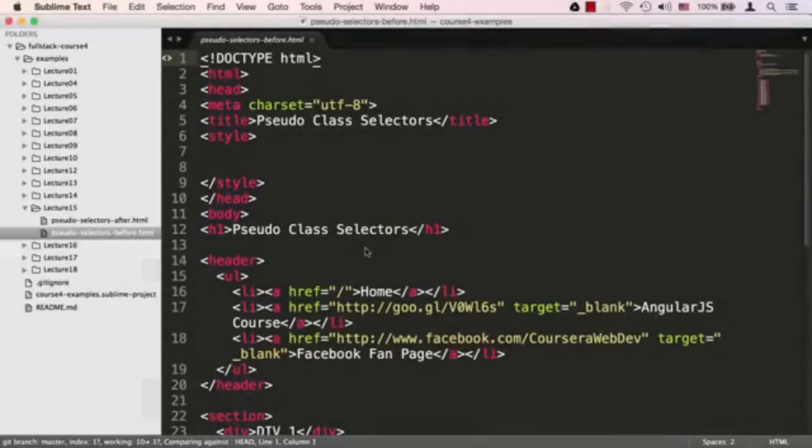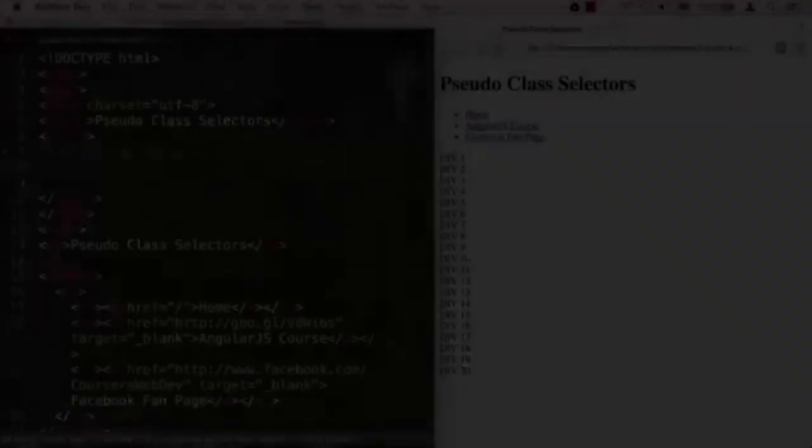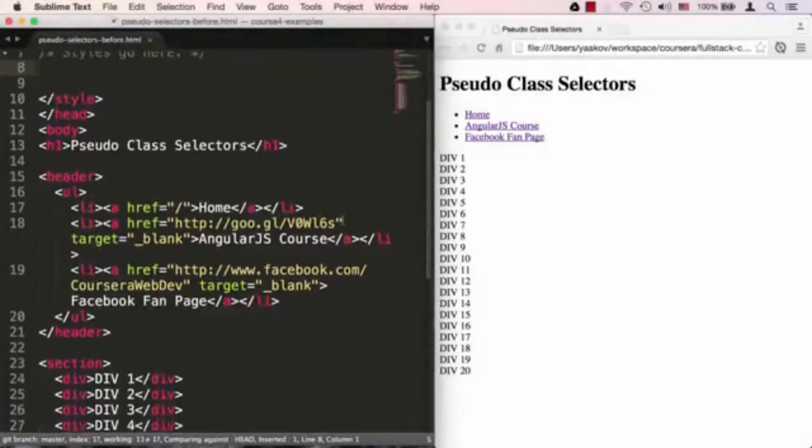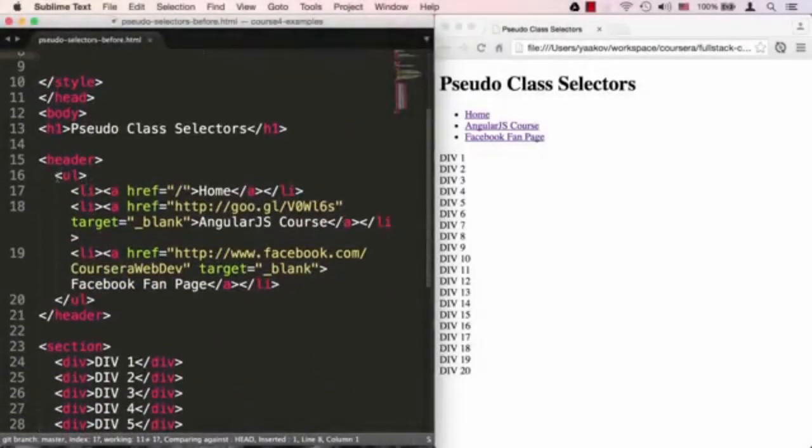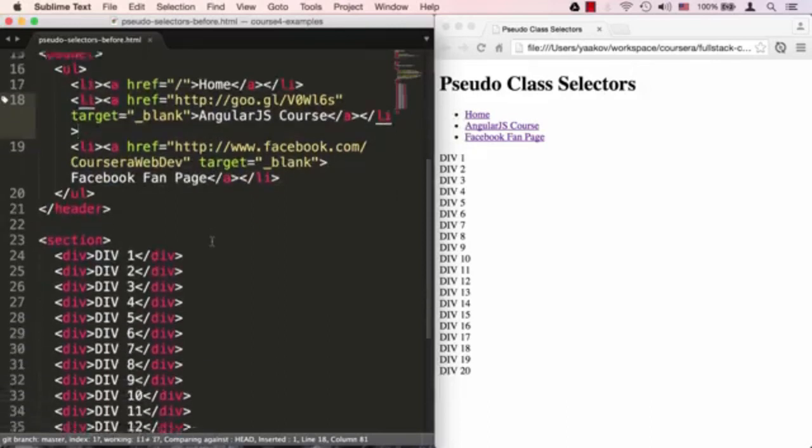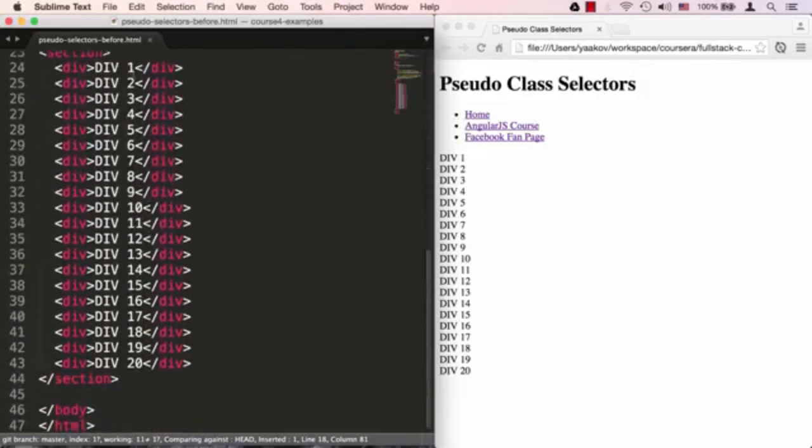Okay, so in Sublime Text, I'm looking at the file called pseudoselectors before.html that is located in the examples lecture 15 folder. And let me show you what this HTML page looks like in the browser. So this page has a header, and in the header we have an unordered list which has a bunch of links. As you can see, it's showing up as a regular list with bulleted points, followed by a section which has a whole bunch of divs, and each one is named div 1, div 2, div 3, all the way